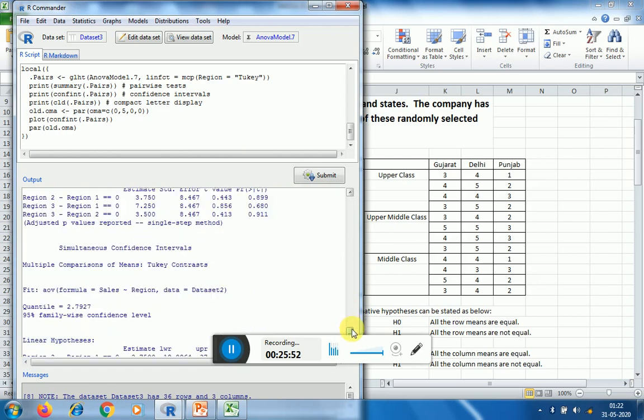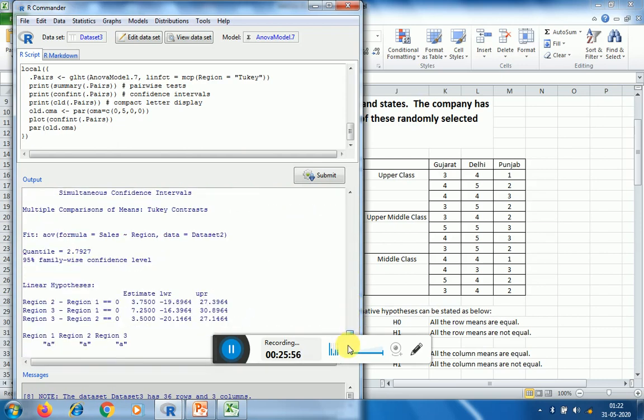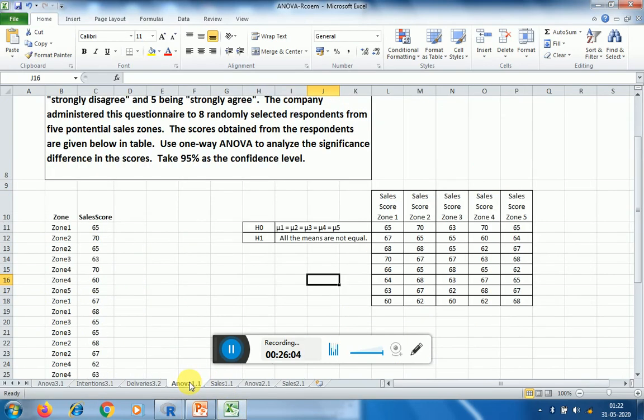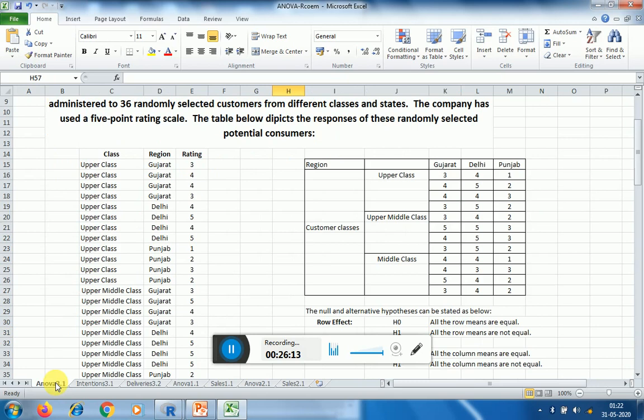So this is how, depending upon the nature of data or the data set available with you, whether it is a completely randomized design, this is the completely randomized design, this is the randomized block design, and this is your factorial design.